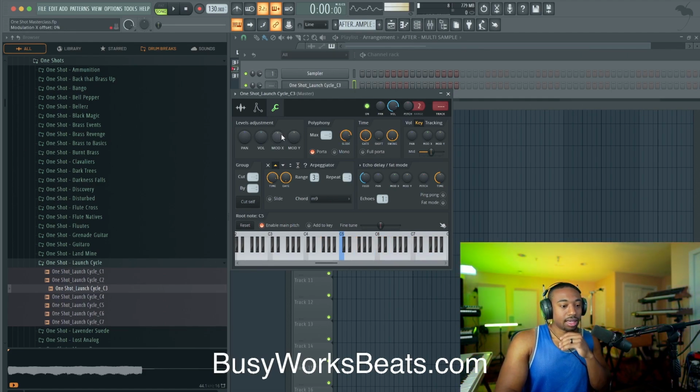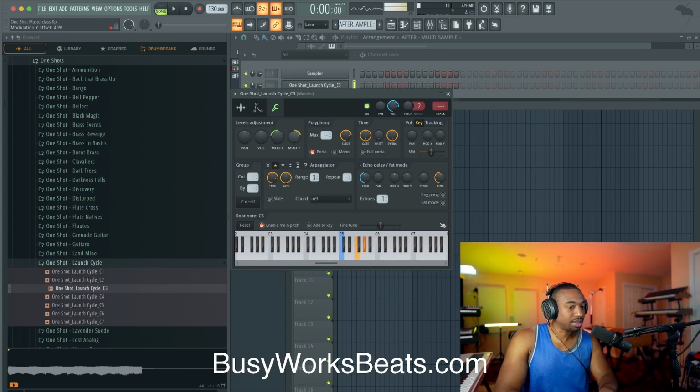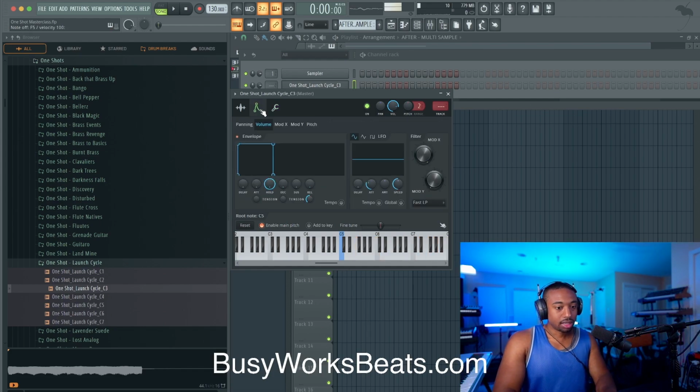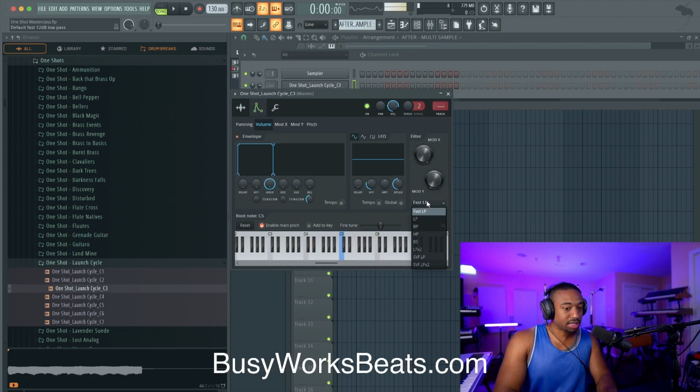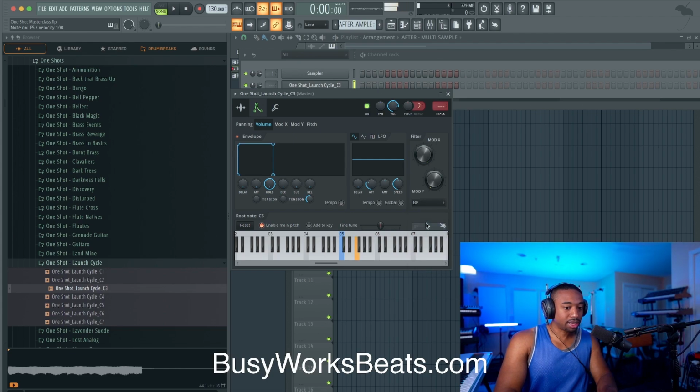The next thing is there's a built-in filter here under Mod X. Okay, if you lower this, it's built to be a low pass. So you can muffle the sound here. And the Mod Y is the resonance, which adds an EQ boost in your low cut filter. To change that, you can go to your envelope tab and change the filter type here. Now, usually, again, it's set to a low pass filter by default. Okay, so you can switch it to a band pass. So it's up to you.